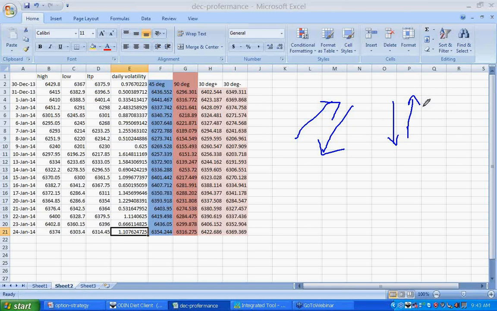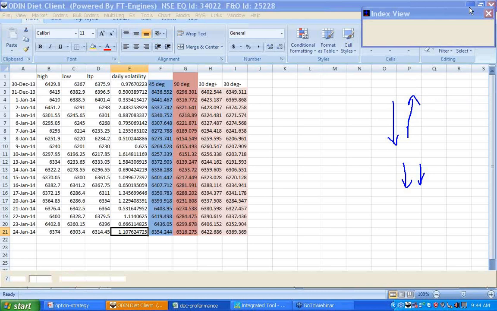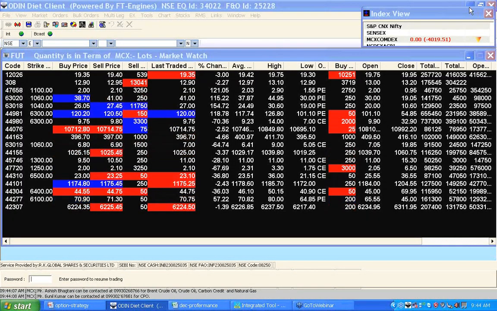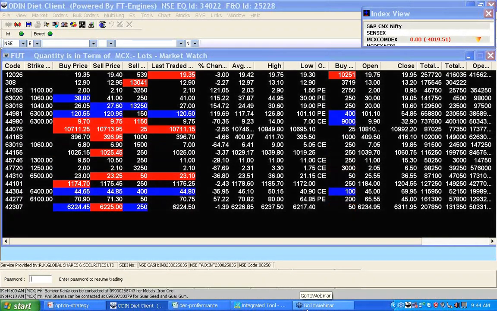However, this rule is not mandatory for the volatility to rise or fall. In certain cases with a rise in the price, volatility will also rise. In certain cases with a fall in price, volatility will also fall. So this is how it is going to happen. So we can find out a trend, and this is how we can find out the volatility aspects of the trend. Now coming back to our strategy.